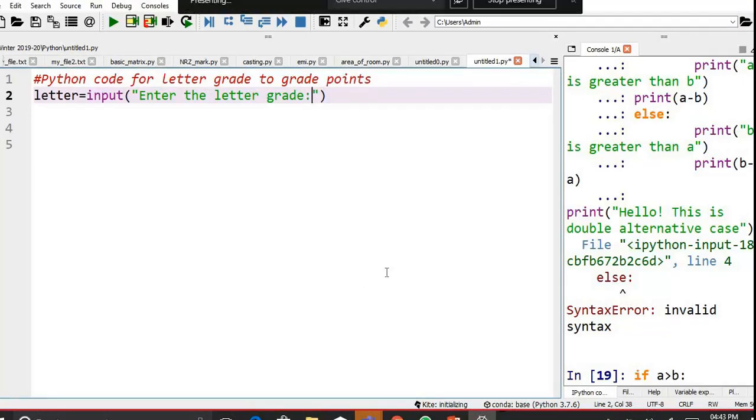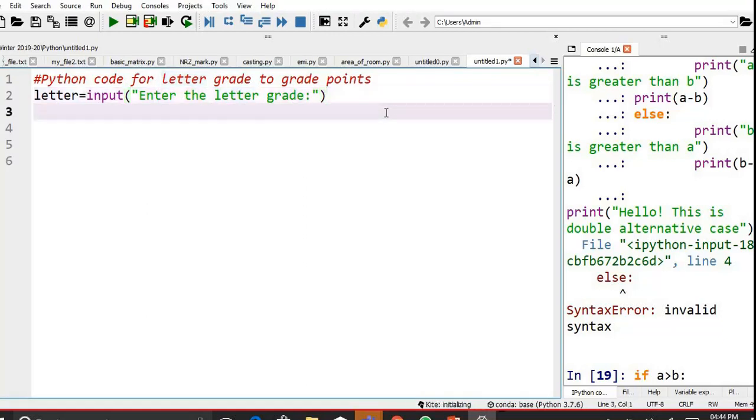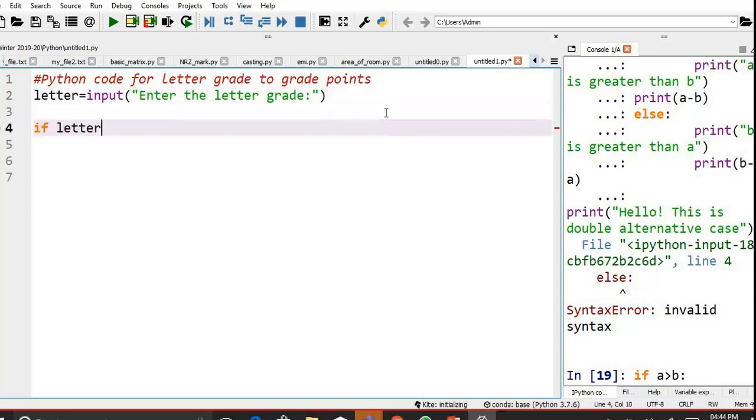So, Python code for letter grade to grade points. First, letter input, enter the letter grade. Now I'm just using first case, if letter double equal to A plus.